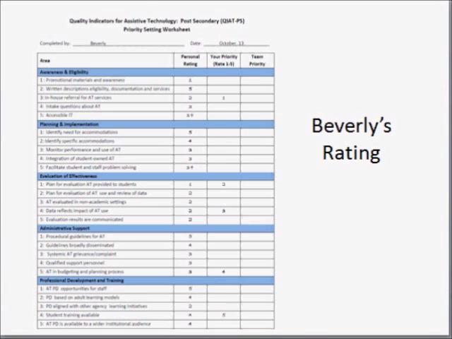The team spent time reviewing their ratings. They shared their individual ratings and discussed areas where their opinions about their services differed significantly from other team members. They also discussed the priority areas that they had determined in advance and came to agreement on some areas that they felt they should address as a program to improve their assistive technology services.